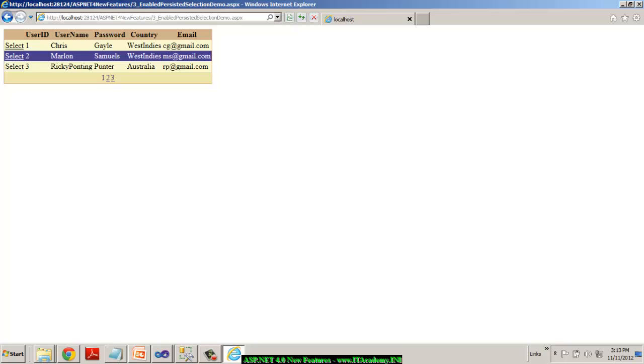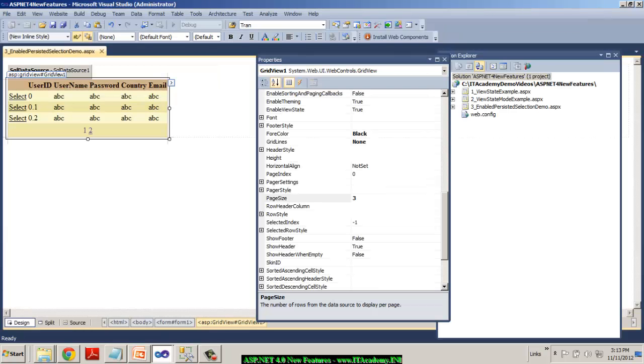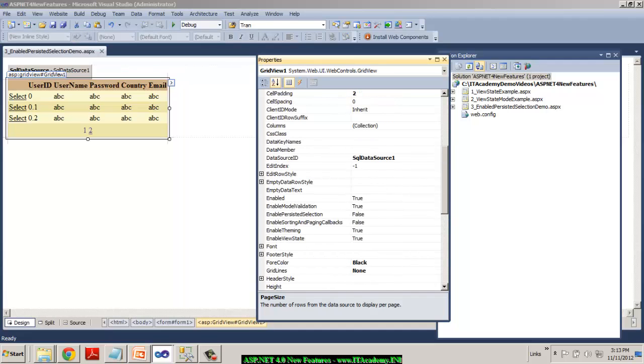That is where Microsoft has come up with this new property in .NET 4.0, wherein the grid view will persist only the selection that you click on a specific page. It's a pretty simple implementation. In the properties of the grid view, we have a property called Enable Persisted Selection. I will simply set Enable Persisted Selection to true, and now if I test this page,